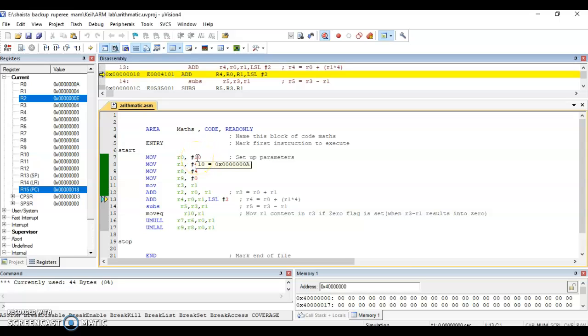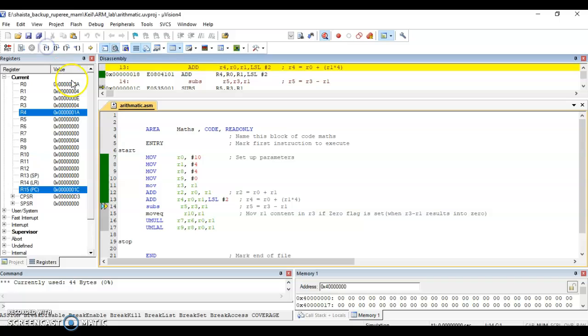The hexadecimal of 10, you can see, is showing over here as 000A. So 000A will add with 00010, so your answer should be 1A. Please try to solve it on paper, so you'll have a better understanding. So here the R4 answer is 1A. Here we have done the shifting operation, and along with that we have done the addition also.